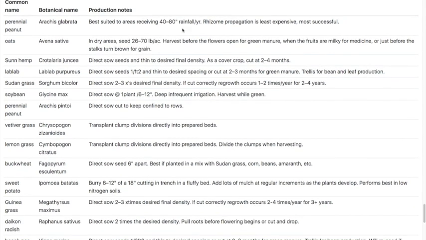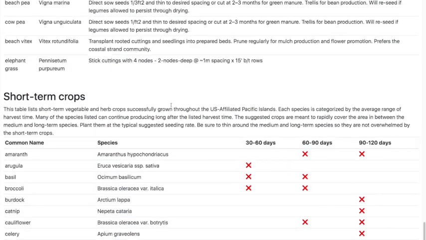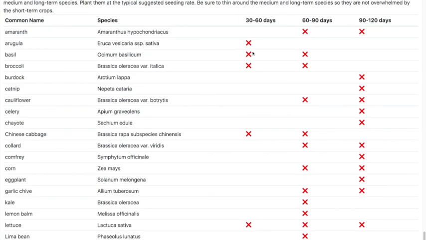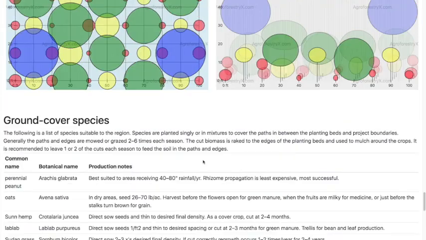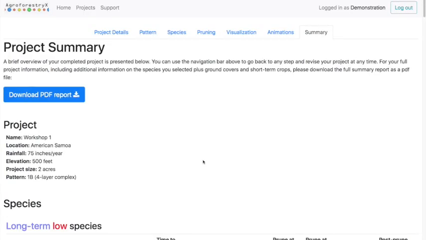Some basic production notes. And recommended short-term crops with your harvest cycle included. And now, if you're satisfied with this, you can go ahead and print a report.